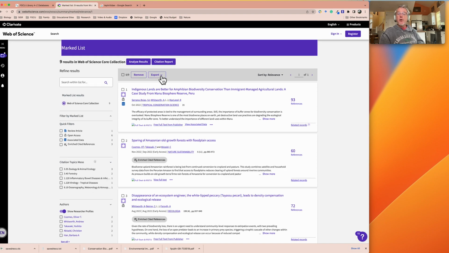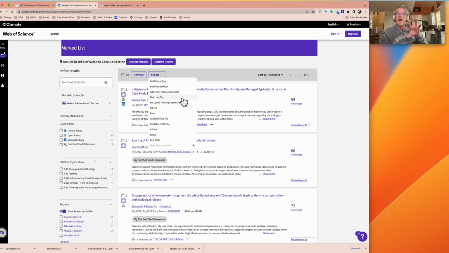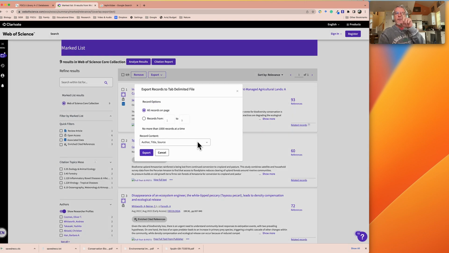Okay, the first thing we're going to want to do, and it's a good thing to do, is copy and paste them out, so we actually have sort of a catalog of what we have. And what I'm going to encourage you to do is put these into an Excel file, a tab delimited file. Okay, and actually let's see what we want to do. Tab delimited, and we have author, title, source. I want to encourage you to put down abstract as well, so that you have a place where you can actually look at these a little bit more deeply. Again, we're not grabbing the articles yet. We are literally figuring out which ones pass the initial evaluation. We export those,